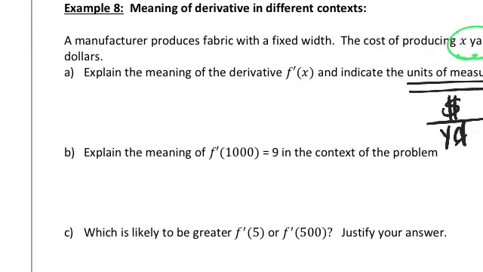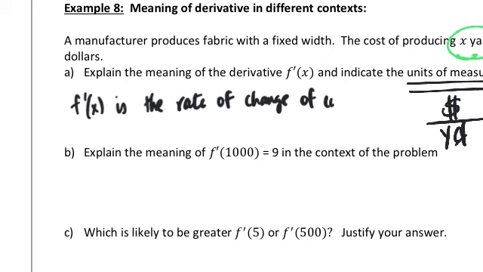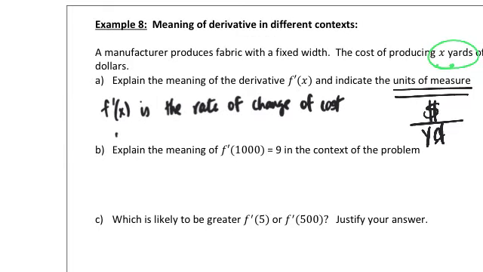And the meaning really is just that f prime of x is the rate of change of the cost when we are producing X yards